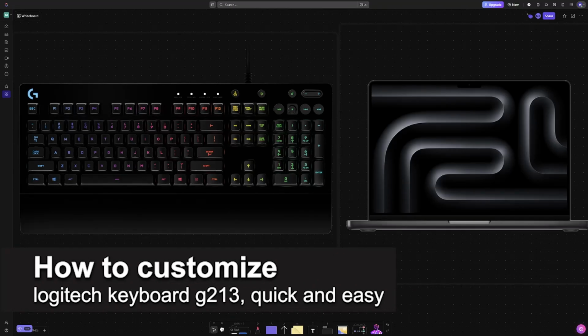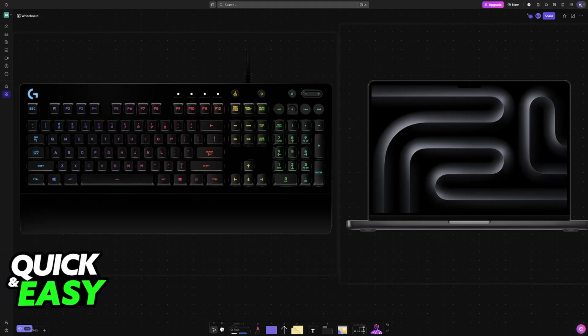In this video, I'm going to teach you how to customize Logitech keyboard G213. It's a very easy process, so make sure to follow along. In this video, I'm going to give you easy to follow instructions on how to properly set up your Logitech